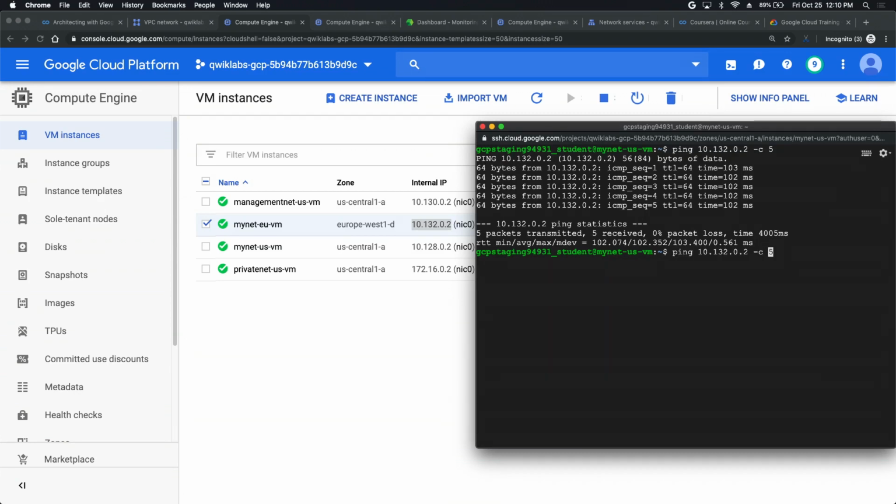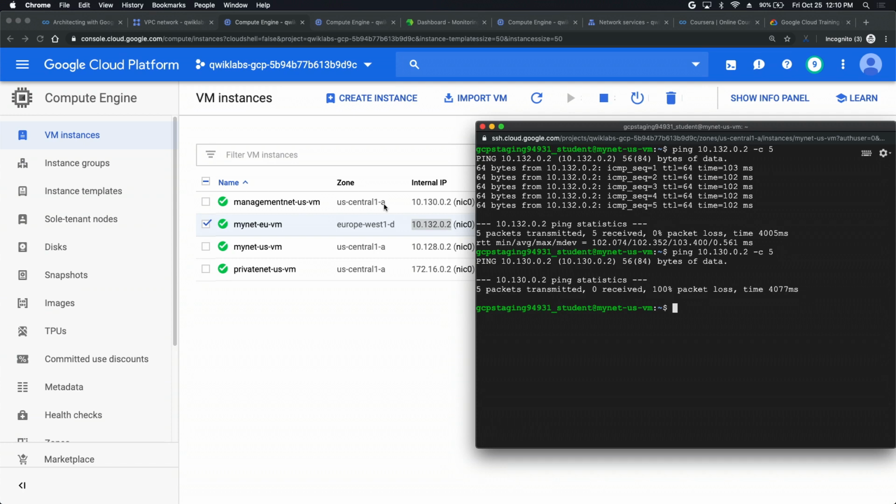Now, let me grab an IP address from another instance. Let's actually take the instance above, the management subnet US VM. And I can read the IP address off right there, and try to ping that internal address. And when I do that, you see that none of these pings are coming back. So even though both of these instances are in US Central 1A, the one I'm making this request from and the one that I'm trying to access, the fact that they are in different networks means that they're isolated